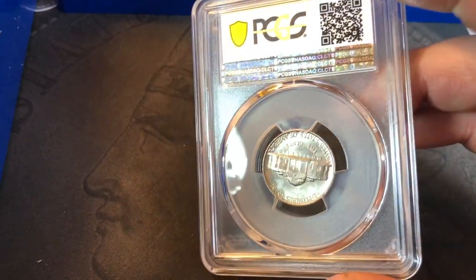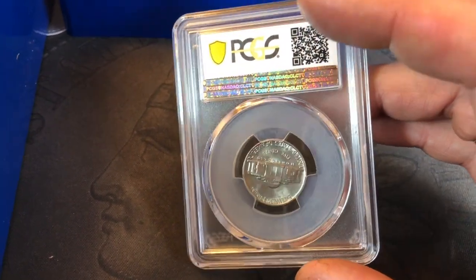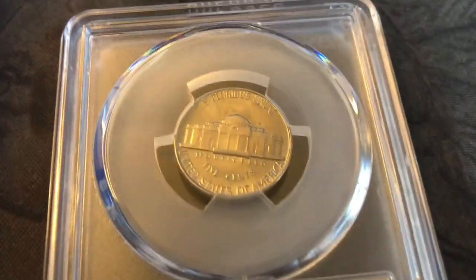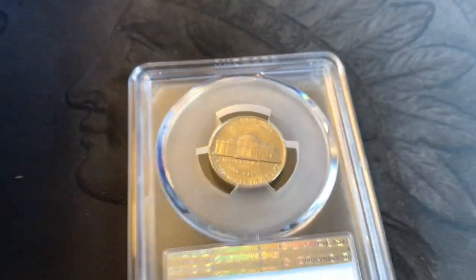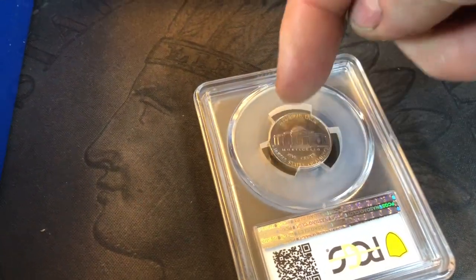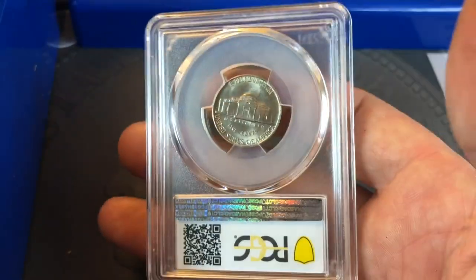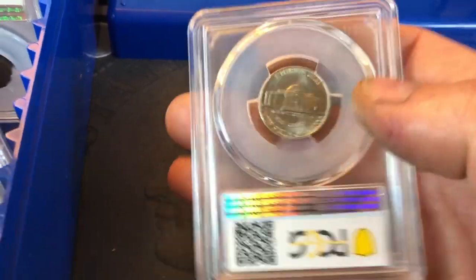I even posted pictures on Instagram of it because I thought it was such a beautiful coin found in a circulated box of nickels. I looked at it, and honestly, when I checked out the steps, it does have a ding across them, but I thought, man, it's got full steps. Full steps in the middle and full steps to the left and right of the Monticello building. So this one I decided to submit with the full steps designation, and I was hoping it would get a